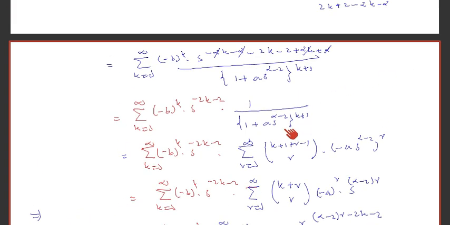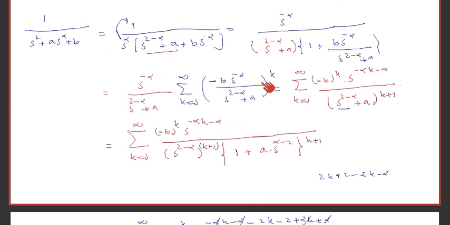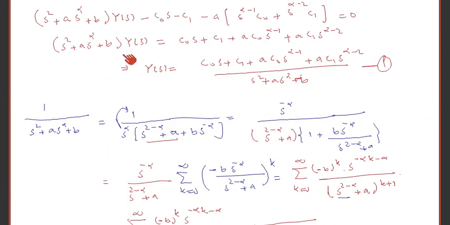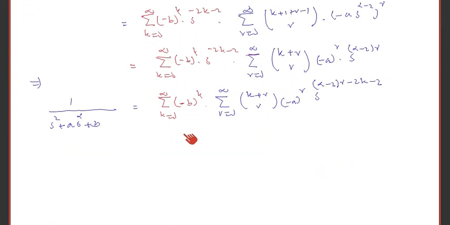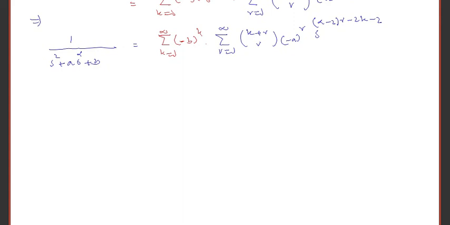Okay, putting these terms back into the equation here. We started from here, so I have just found the expression for this term, and in the numerator everything will remain the same. So you plug this expression into equation 1. So from equation 1, I have Y of s,